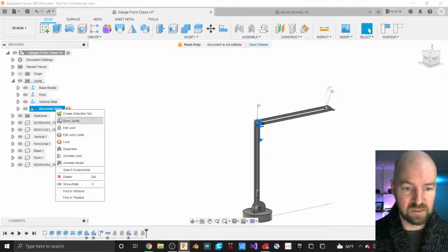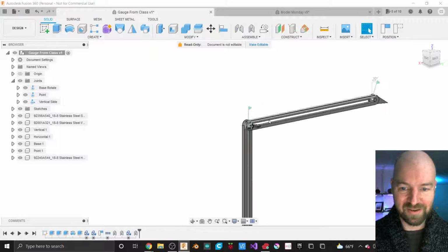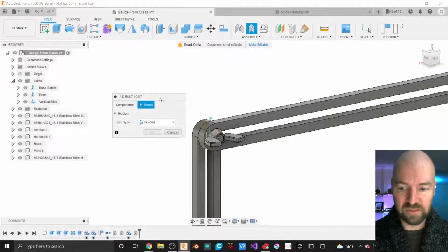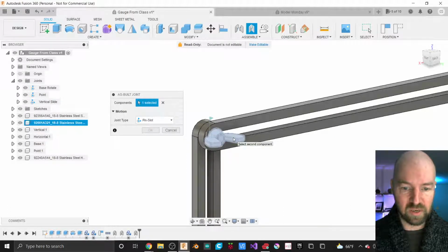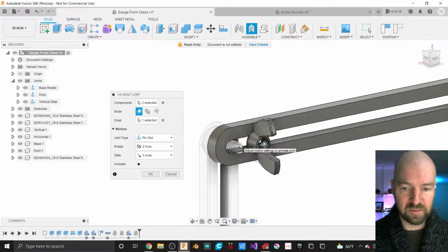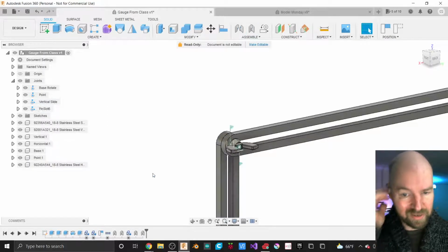Let's go ahead and just delete this joint. I'm going to delete it. Alright. And let's start from scratch here and see if we can get this right. So I'm making a pin slot joint. The arm here, nope, the wing nut is what I wanted to click on first. And then the arm I wanted to click on second. And I'll zoom in and there we go. Alright, so that's looking better. So now if I say OK,